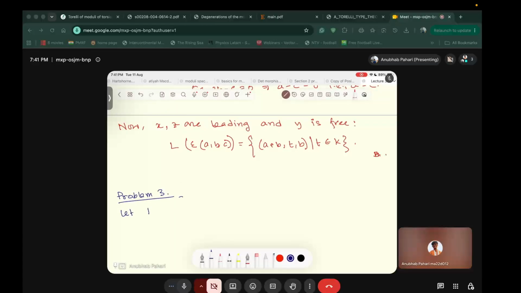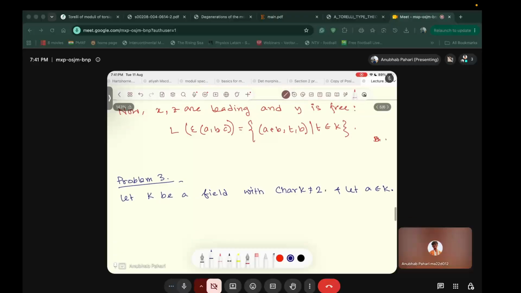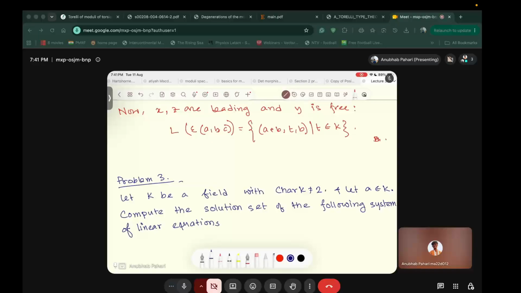Let K be a field with characteristic of K not equal to 2, and let a belong to K. We have to compute the solution set of the following system of linear equations over K. The system is